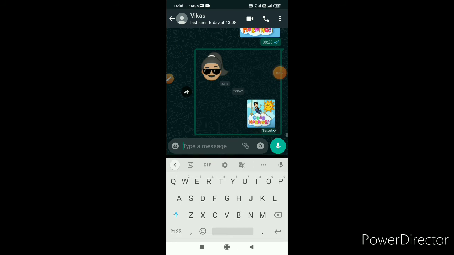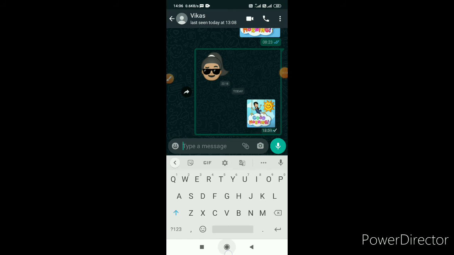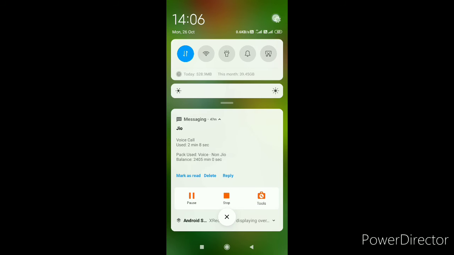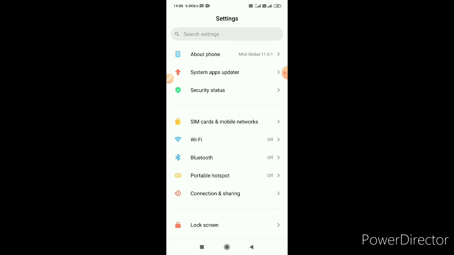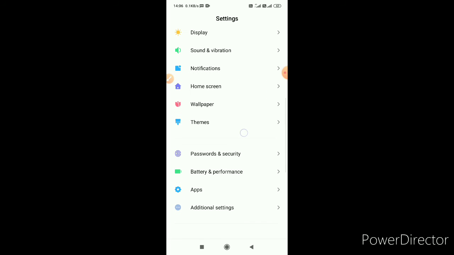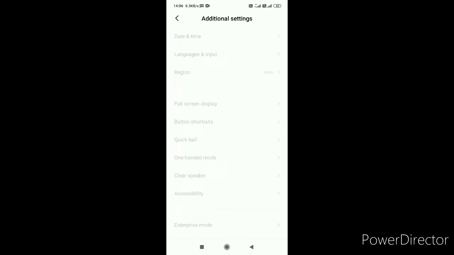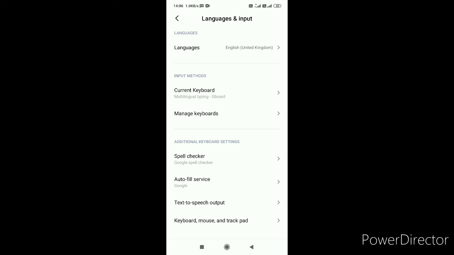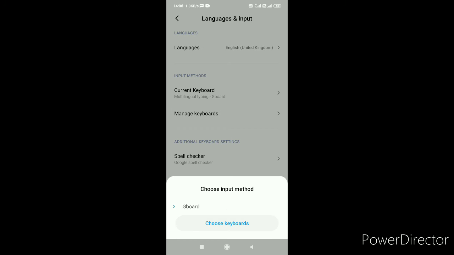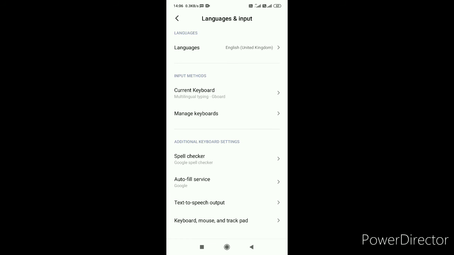Gboard is installed. Now we have to go in settings, then additional settings, language and input. Current keyboard, you have to choose Gboard here,